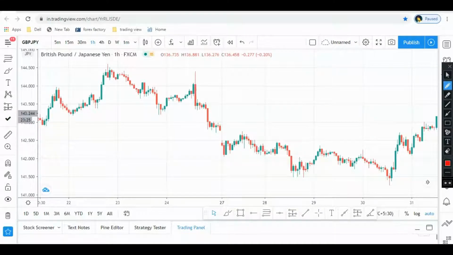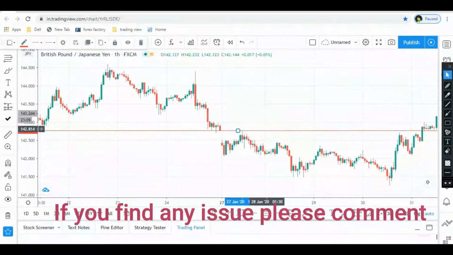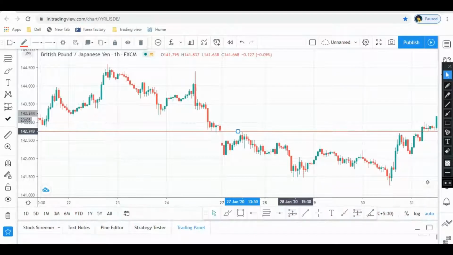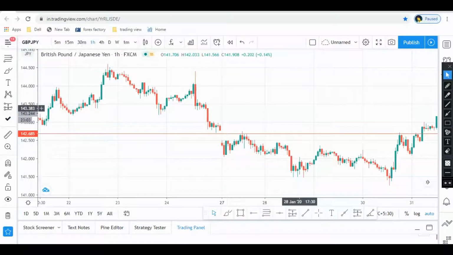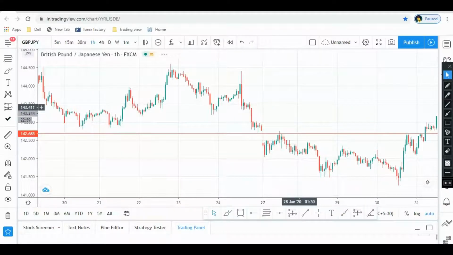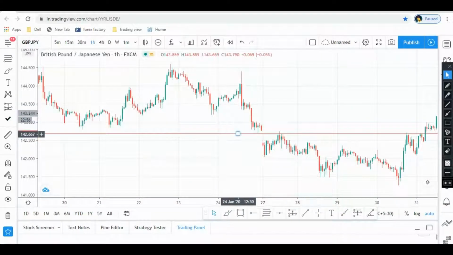Right now I can see this particular area has been broken out with this pair. No, not right now, price is ranging in this place. So I can see that this area was previously acting as a resistance. So I have to find a support zone. Where should I place a buy order?